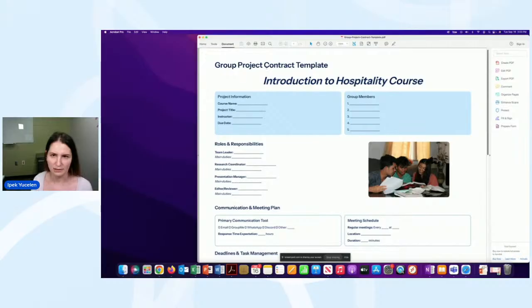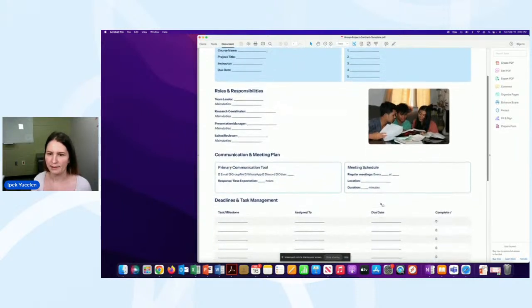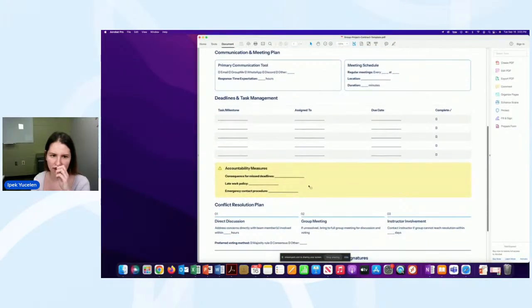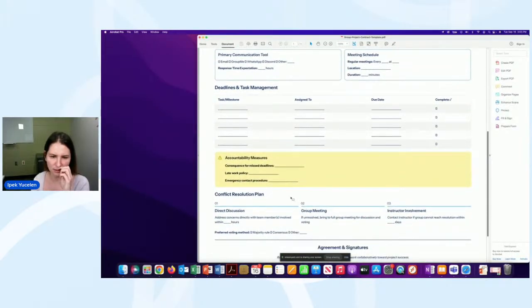So basically, you're going to give this as an assignment to your students in the beginning of the class, so the group members can get together, agree on certain things, and sign this contract, so they work together more smoothly. They enter the group member names, assign their duties, figure out which platforms they're going to use to meet, the meeting schedule, deadlines, what the consequence is if they miss a deadline, and how they're going to resolve conflict.